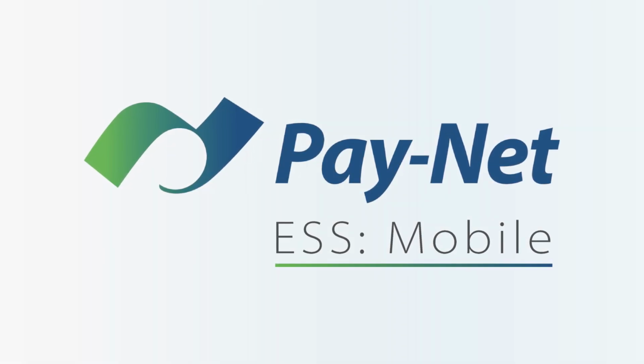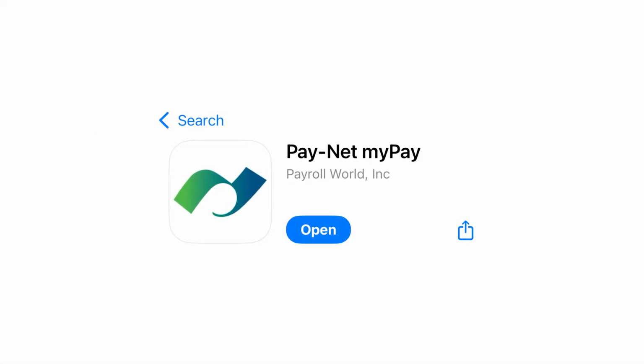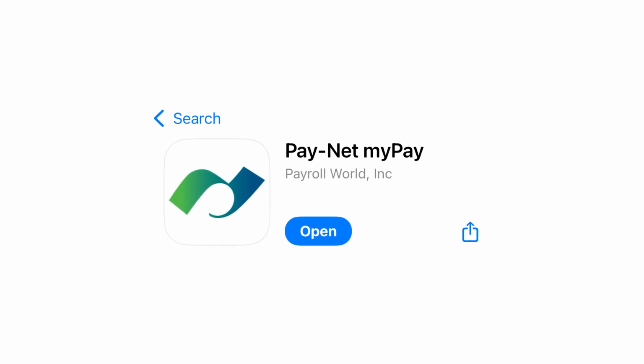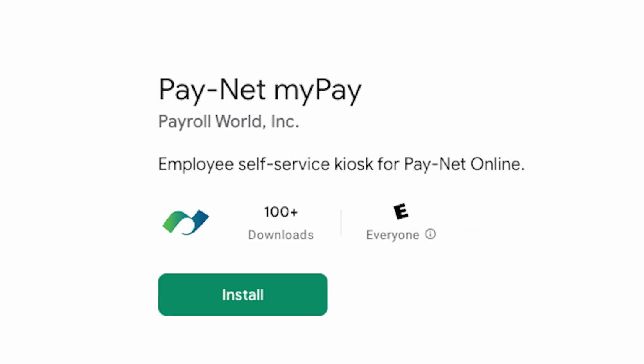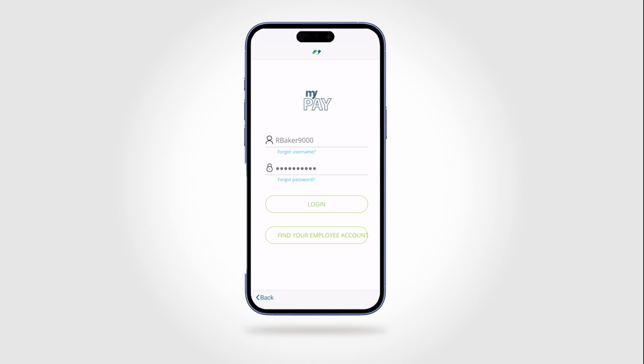Welcome to the PayNet Employee Self-Service mobile app. To begin, you can download the PayNet MyPay app on mobile devices from the Apple App Store or the Android Google Play Store. Once you've downloaded the app, you will log in using the same employee credentials established for the